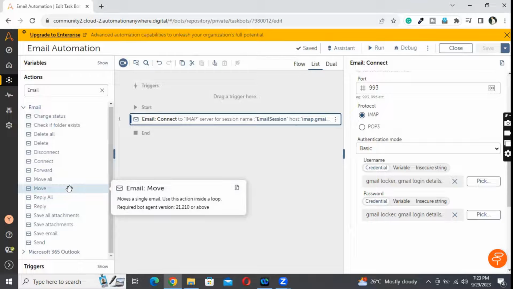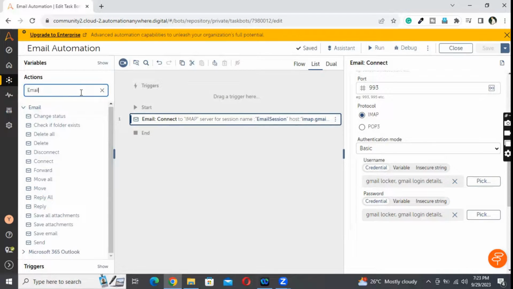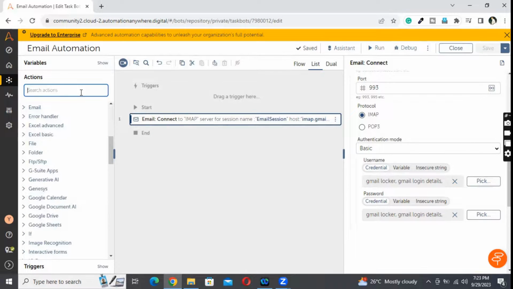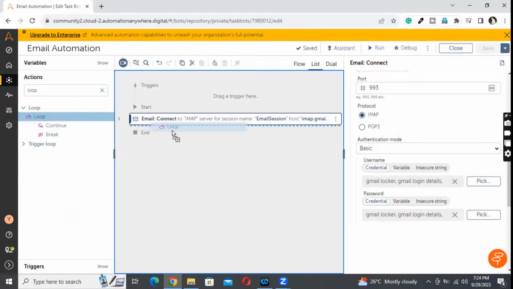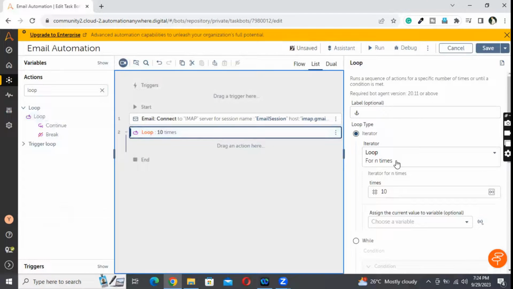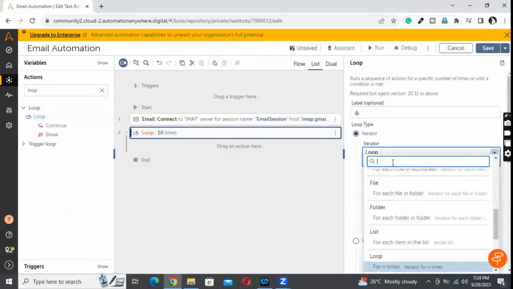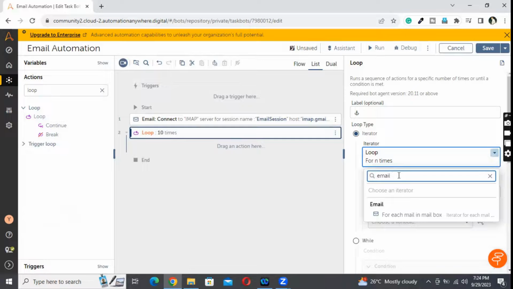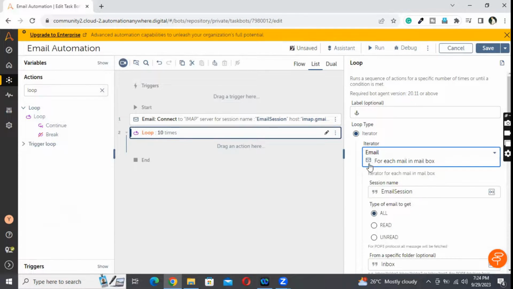How can we read one email after another email, right? For this there is a loop. If we go to the loop operation, here we will see a loop that is nothing but each email in email server. So let me search for this. For each email in mailbox. So this is the loop command, and here I have selected the same session name which I gave for